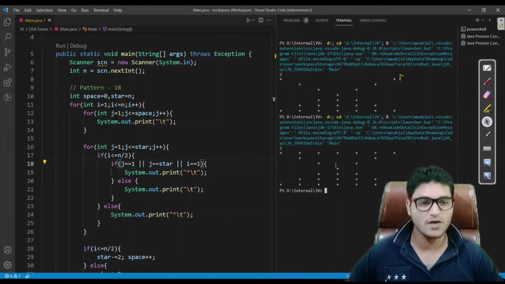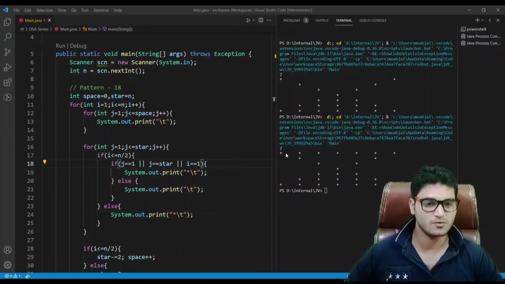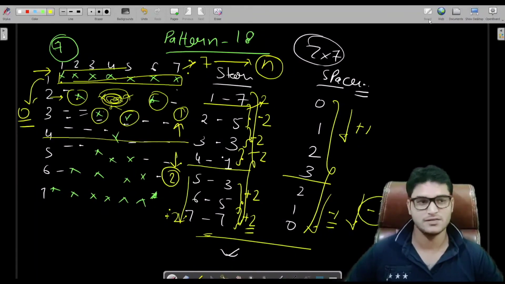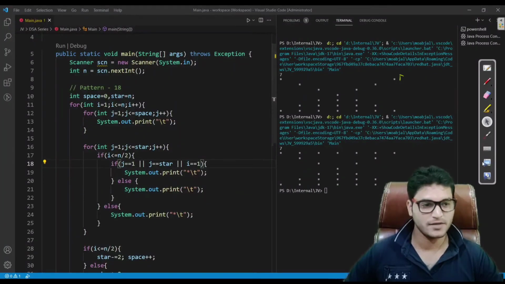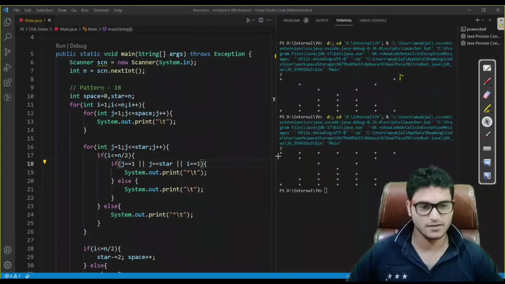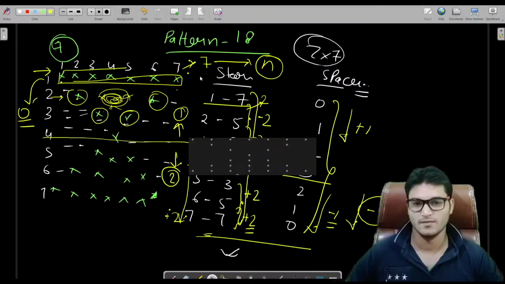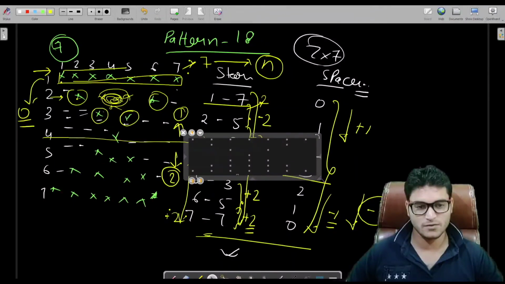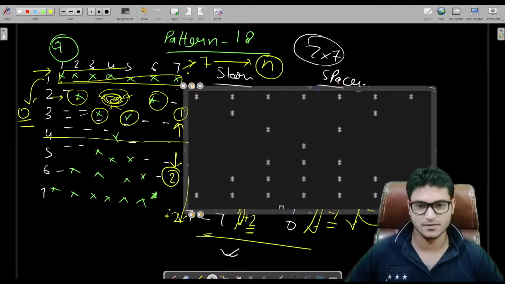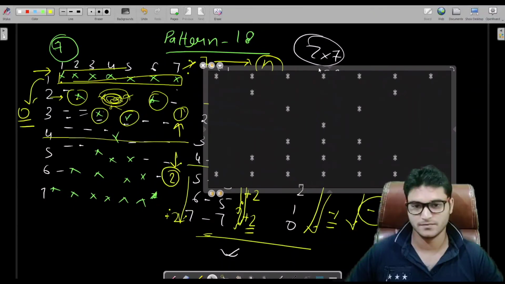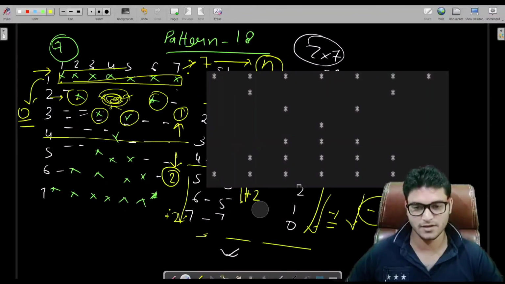Now you can see we got our expected output, as you can see here. Let me take it to the board also so that you can clearly visualize. So this is our output which we have just printed. You can compare these. We have got the correct output.